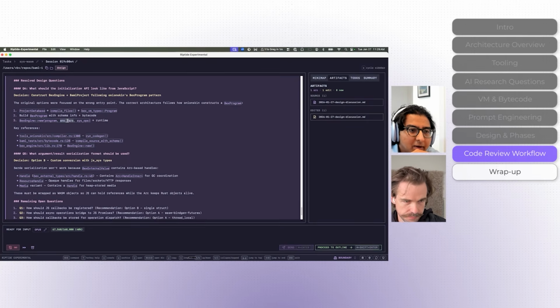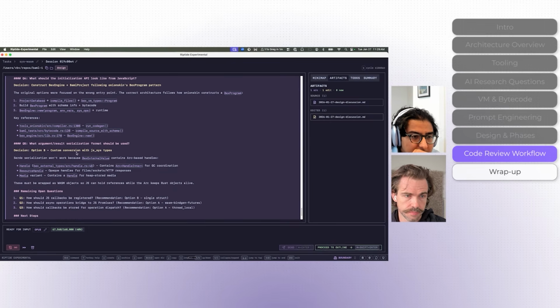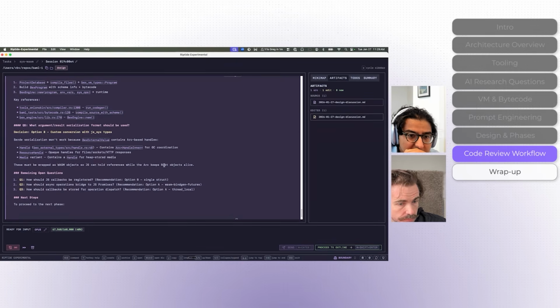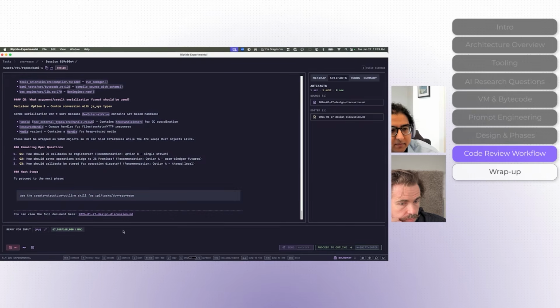And right now, env vars are not bound to the sysops. We'll have to go change that later. Compile source with this. Yep, we have a custom thing that contains our handler for GC coordination. That's exactly what we really need. Must be wrapped as WASM objects. Yeah, exactly. So R can keep Rust objects alive. Okay, and then I'll say